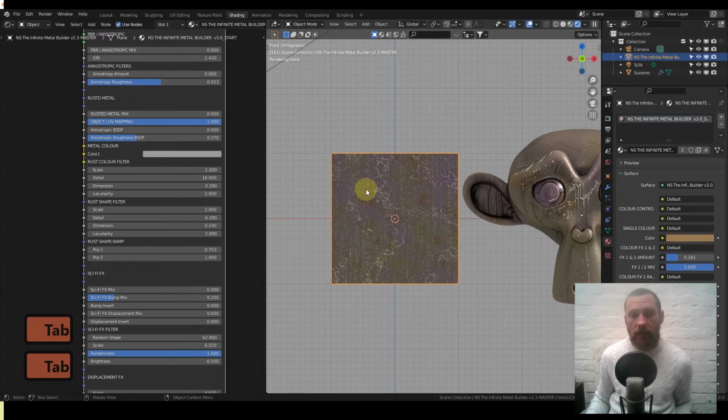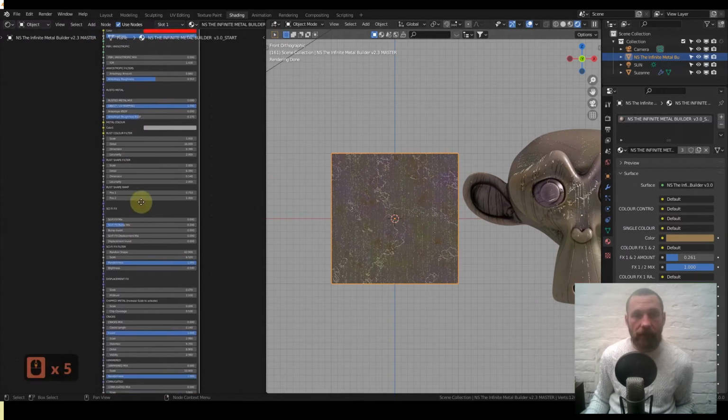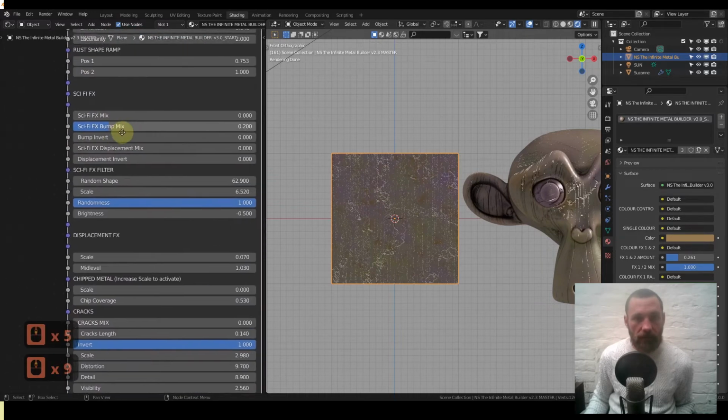UV, a cube projection probably. Just if you can unwrap them. You have a choice of object and UV. So just slide it wherever you see object UV and then use the UVs, alright? Jubbly. So Sci-Fi Effects, if we mix this in,